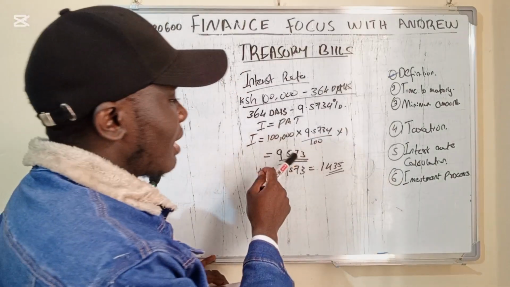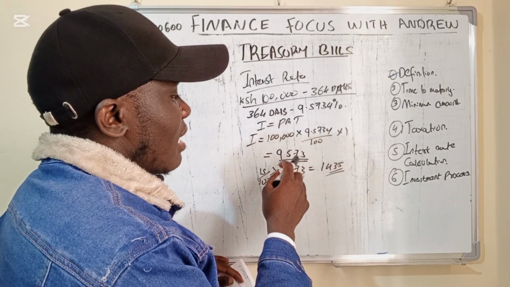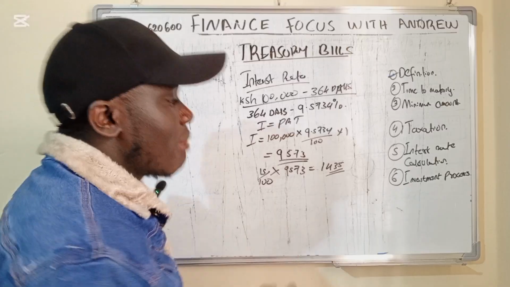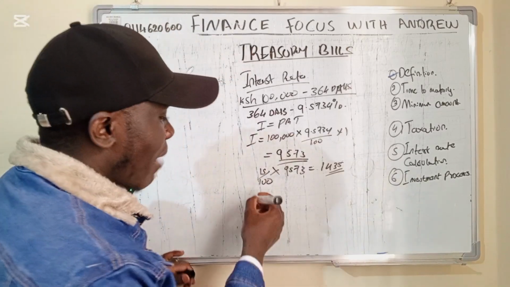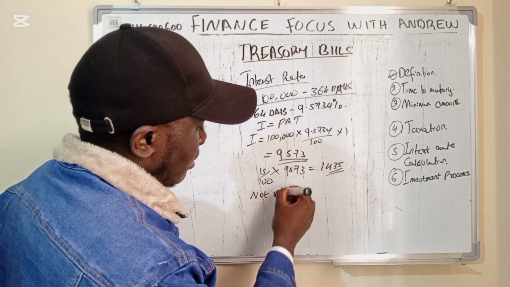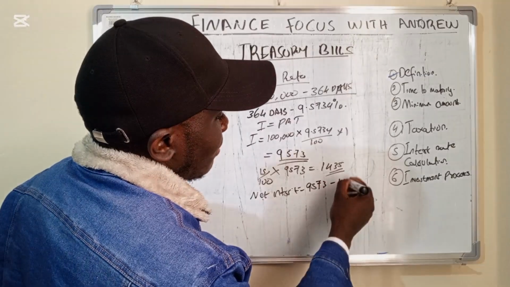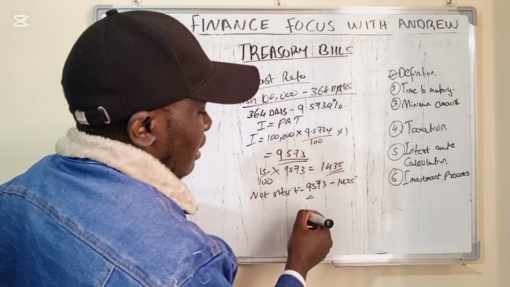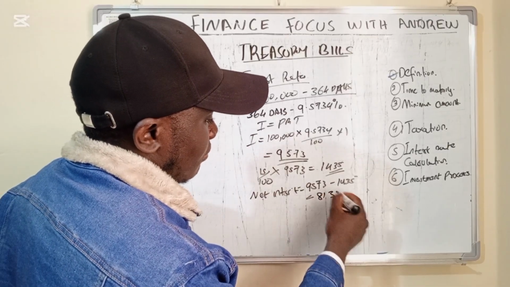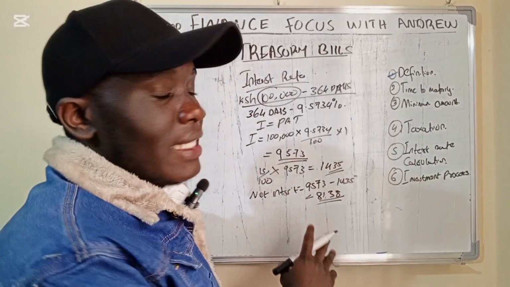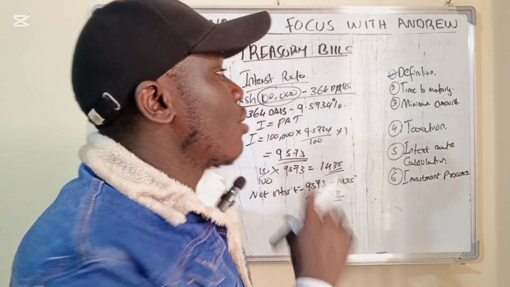Now, the total interest was 95.73, but an amount that is 14.35 does not belong to us. So our net interest will be 95.73. We subtract 14.35, and that comes to 81.38. 81.38 is the interest that we are entitled to at the end of the year,